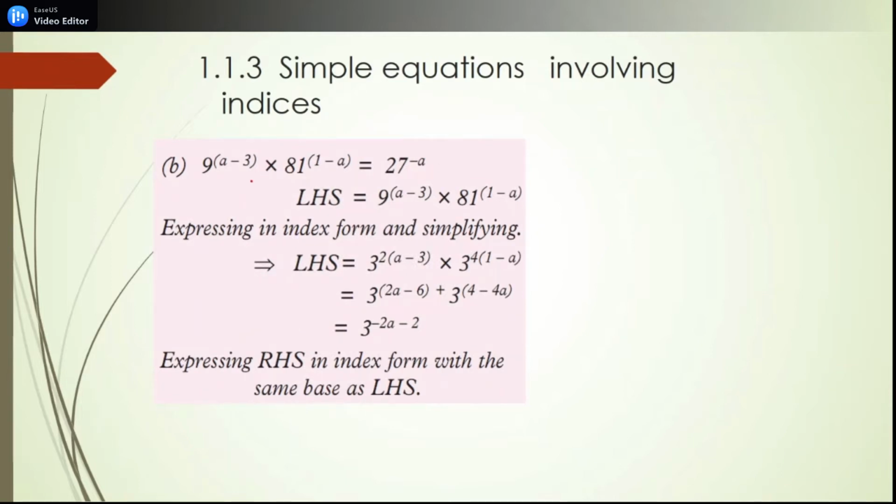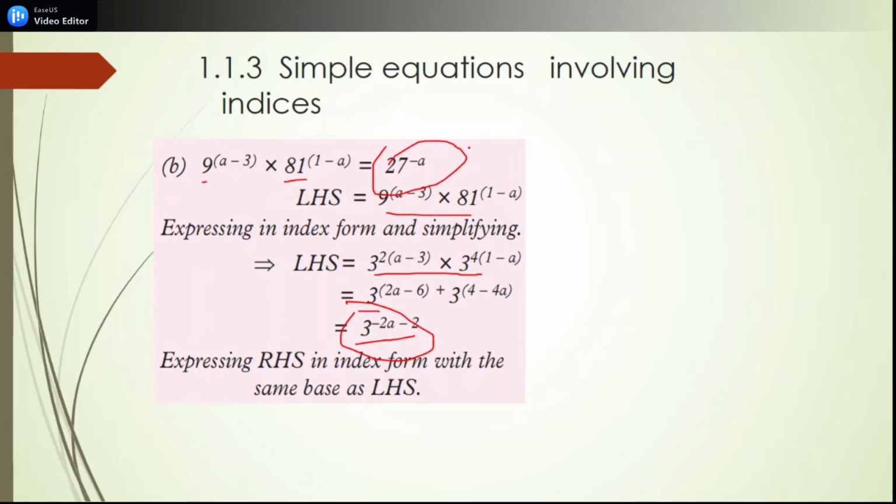Now with example 2, you have to make the factor of 9 and the factor of 81, and then show if the left hand side is equal to the right hand side. So from this side we have to make factorization of this one, and then we get 3 power this one plus this one. The answer of this side is equal to 3 power negative 2a. Then the left hand side must be equal to the right hand side. Also we have to make an equivalent of this one.